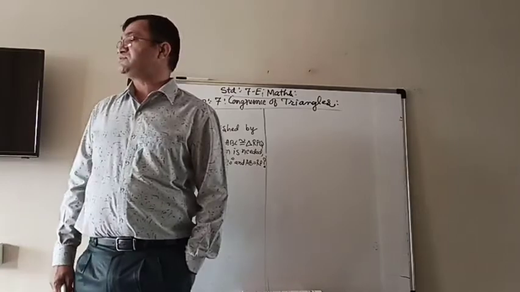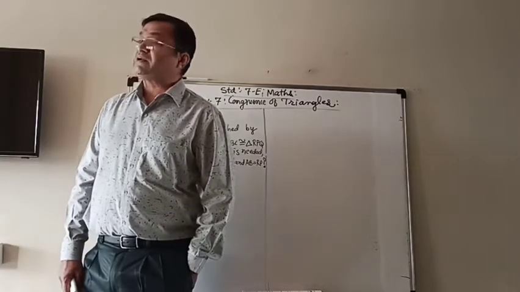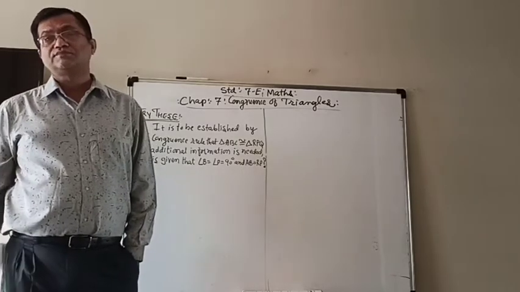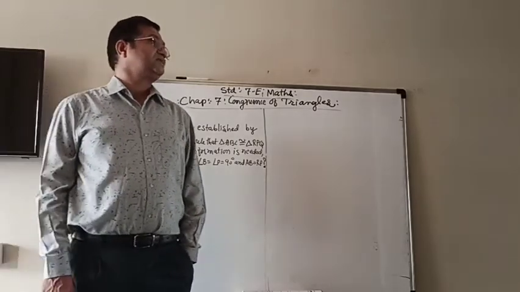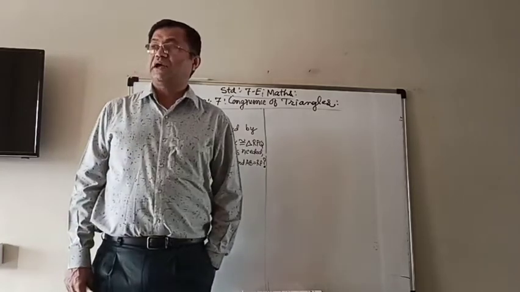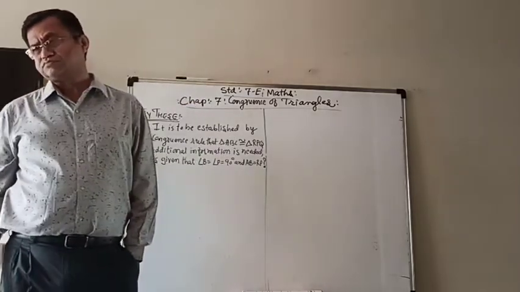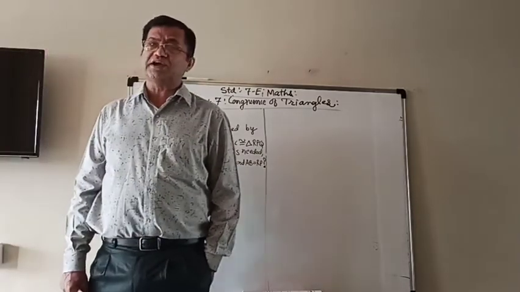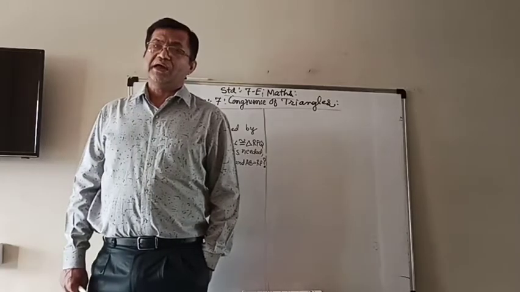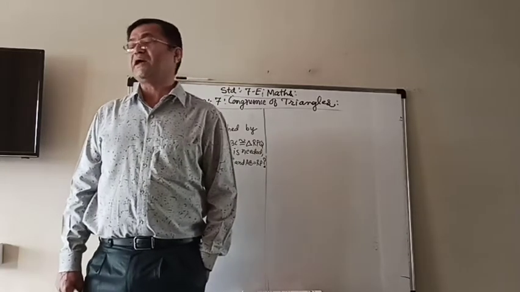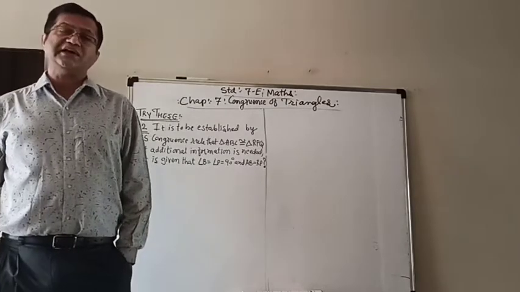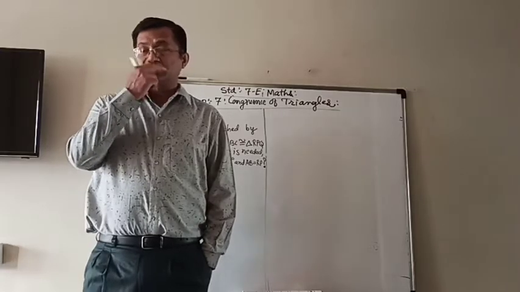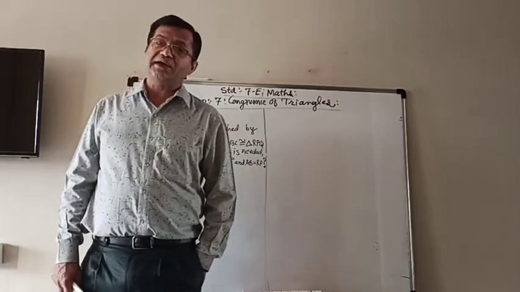which are the special conditions by which, by comparing only three pairs, we can check whether the pair of triangles are congruent or not. We learn the SSS, side criteria, SAS, side angle side, ASA, angle side angle, and at last the RHS rule, that is right angle, hypotenuse and side.